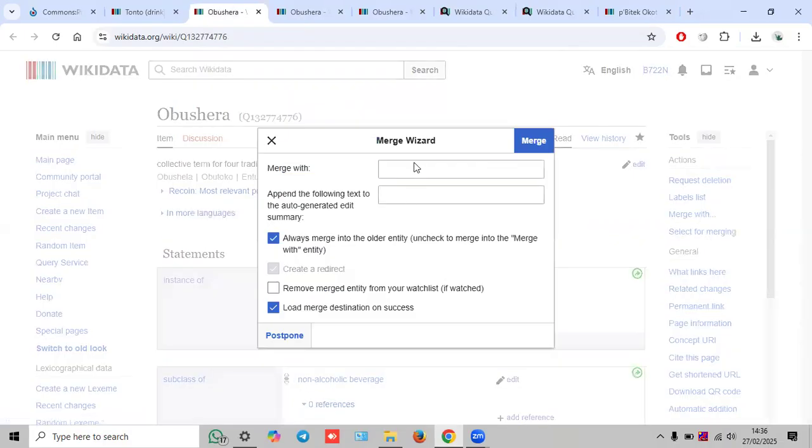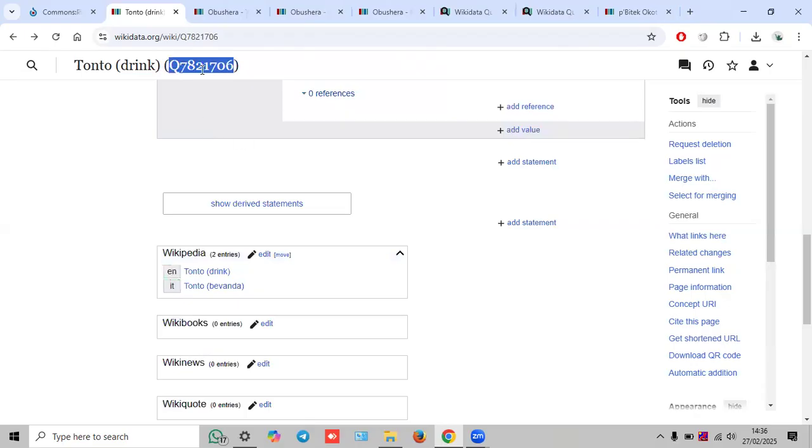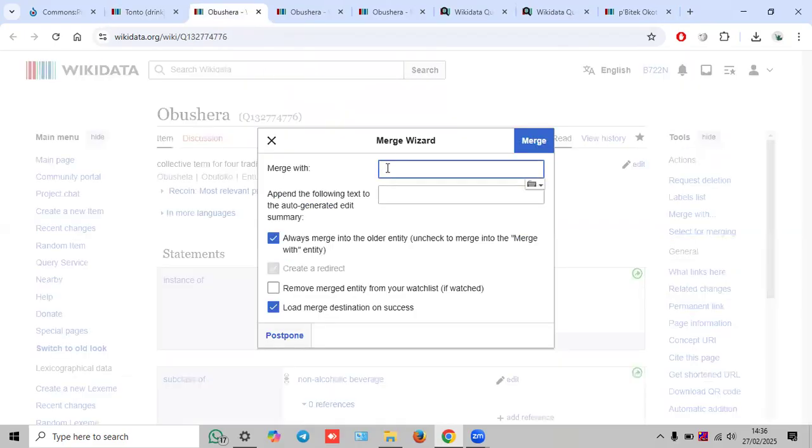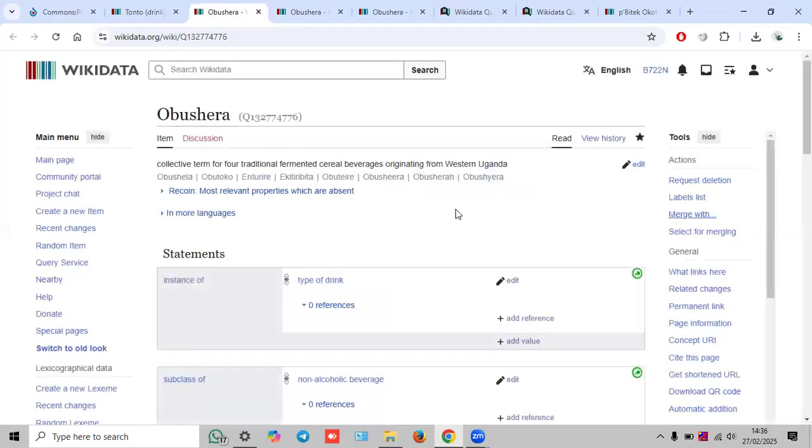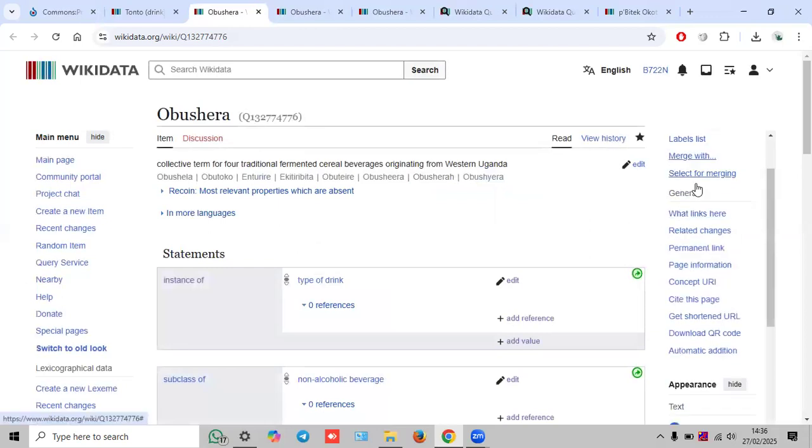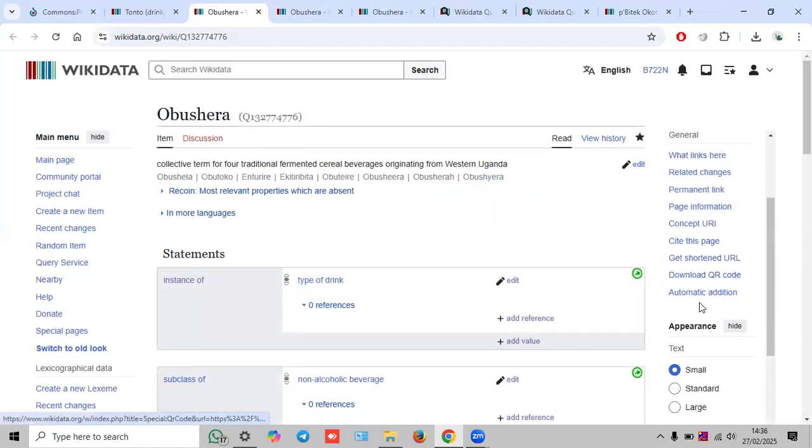So merge with. Assume this is the duplicated article, you copy it and put it here, then you put the reason why. Then you just click on merge. As simple as that. On the left and the right, you can also choose to download the SVG QR code,